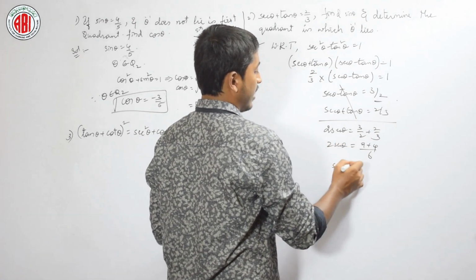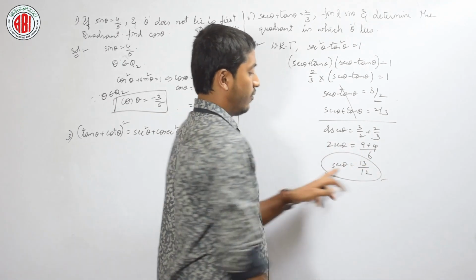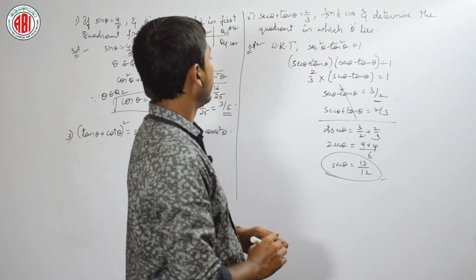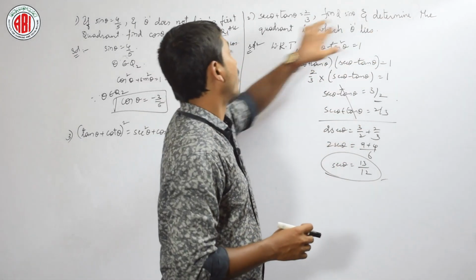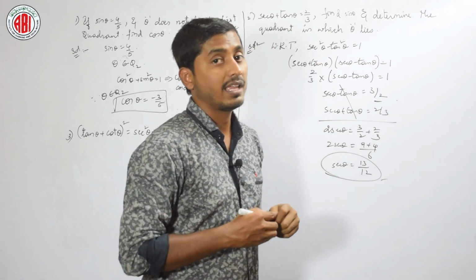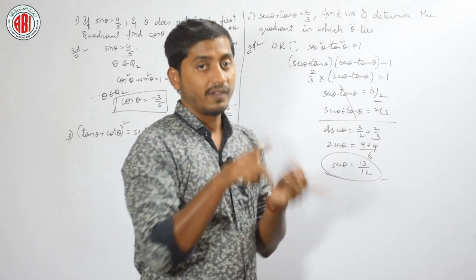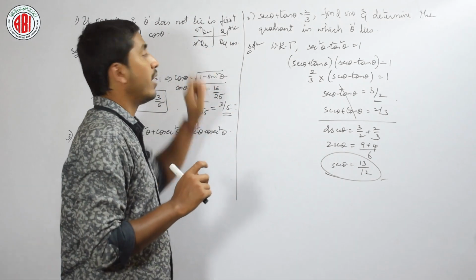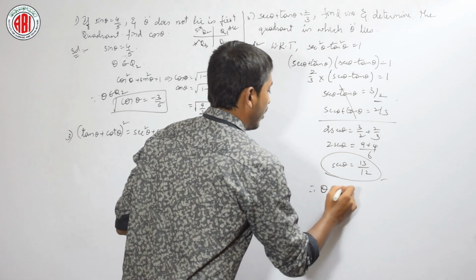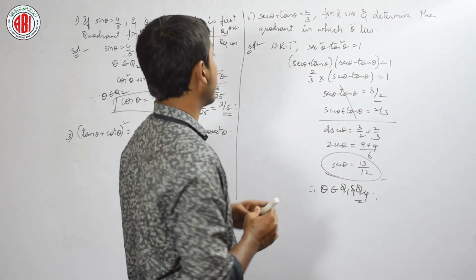From this, secant theta is equal to 9 plus 4, which is nothing but 13 over 12, since 6 2s are 12. This is the value of secant theta. Here he is asking to determine the quadrant in which theta lies. Secant is positive, so in which quadrant does it lie? If secant is positive, it lies in either the first quadrant or the fourth quadrant. Therefore, theta belongs to quadrant 1 and quadrant 4, and he is asking us to find the value of